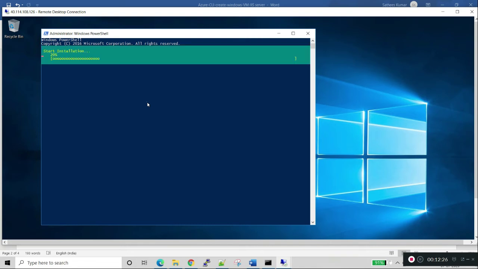It's collecting data and starting the installation. The installation is going on successfully. Looks like there is no error.